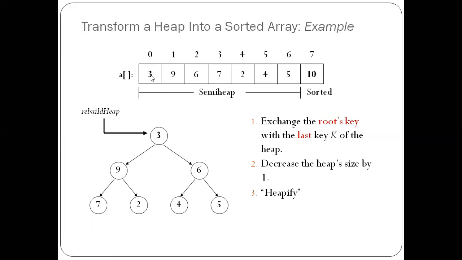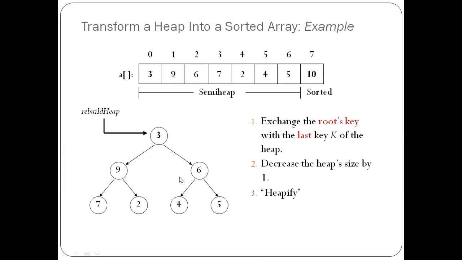So the deleted value, we have exchanged the 3 and 10, and this value I have deleted. So these are the remaining values, or semi heap, existing now, and I should do the heapify for these elements. So for this semi heap, 10 I have taken and it is the deleted part, and I am now considering only from 1 to 6. So 3 with respect to 7, this is satisfying the heap property. With respect to 6, this is satisfying the heap property. But with respect to 3, it is not satisfying the heap property. So I should do the heapify procedure.